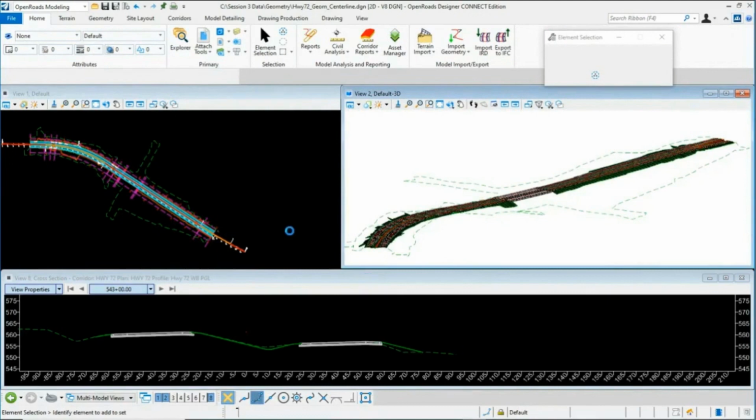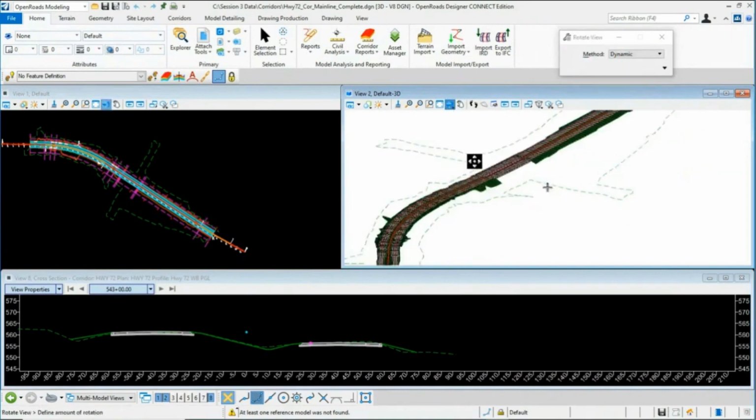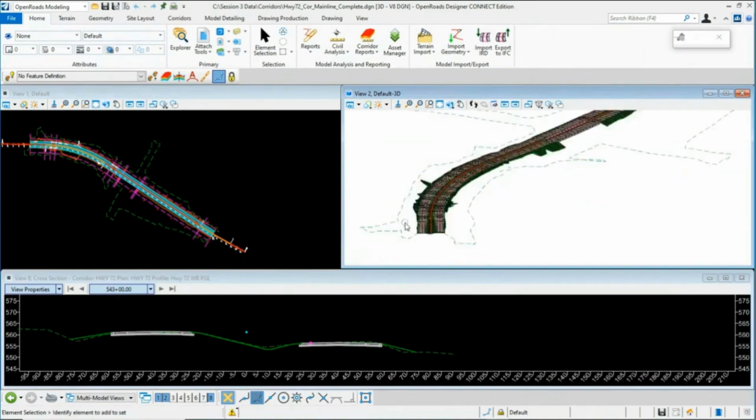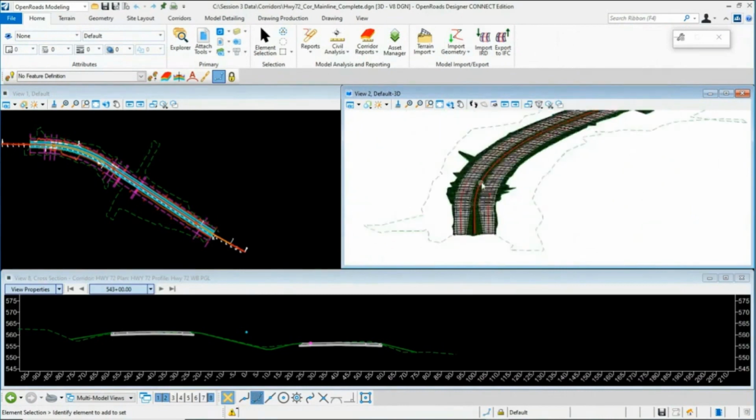Okay, so our completed corridor model kind of looks like this. We're going to put in some multiple template drops, assign our super elevation, and we're ultimately going to create the 3D model and take a look at our cross sections as well. So our finished 3D model is pretty much going to kind of look like this. We'll have our tapers in the beginning of our project where we have our lane widening, got our median ditches